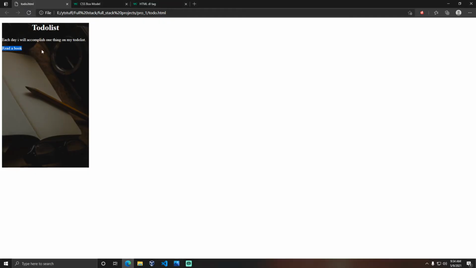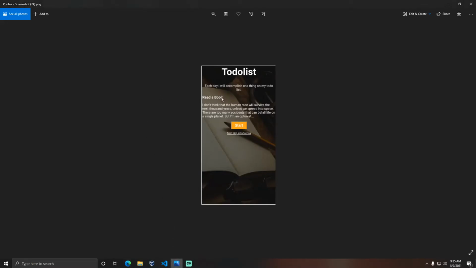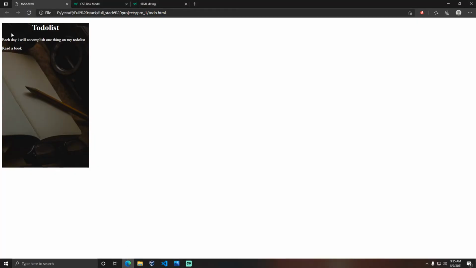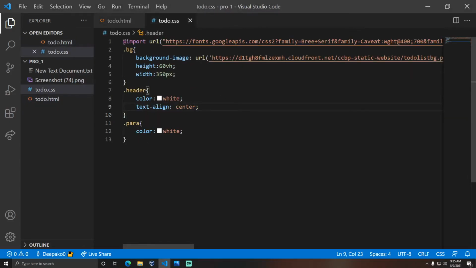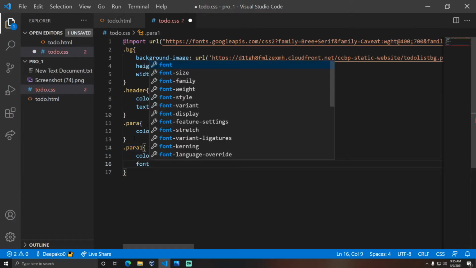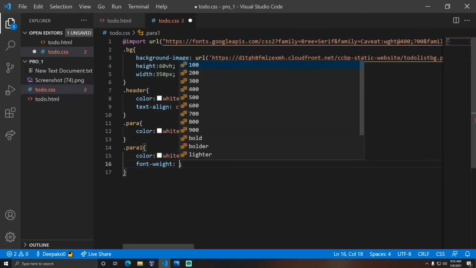Read a book: here we have the bold text, but there we don't have the bold text. In order to bold the text, we need a property. I am copying it and naming it para 1. For font weight, I am going to increase the font weight to bold.